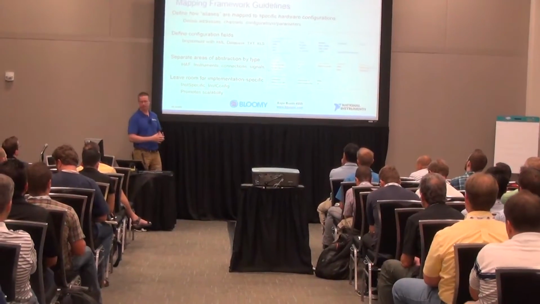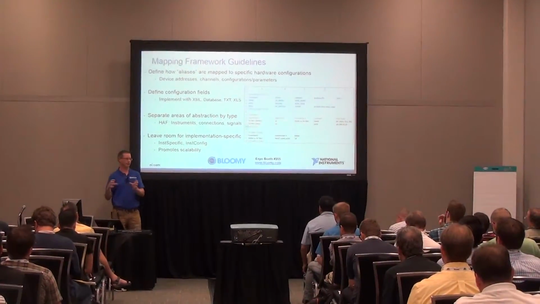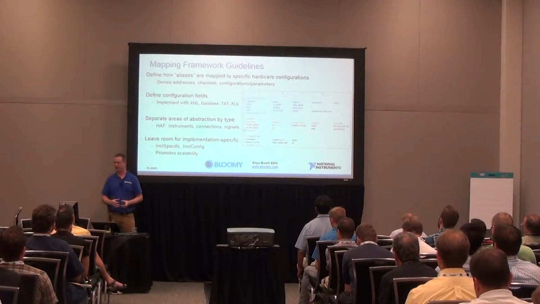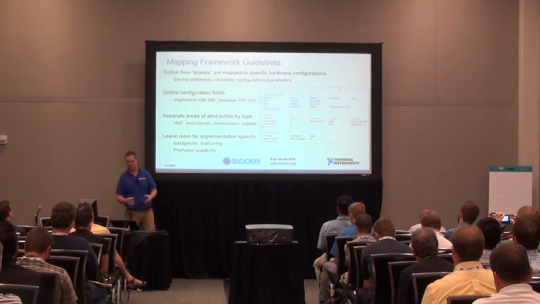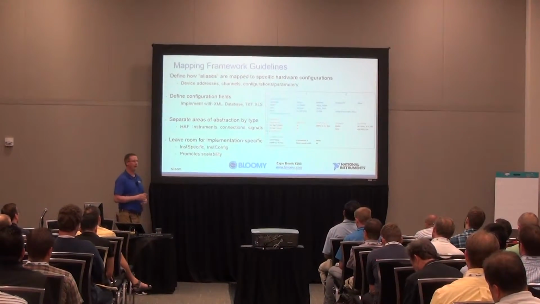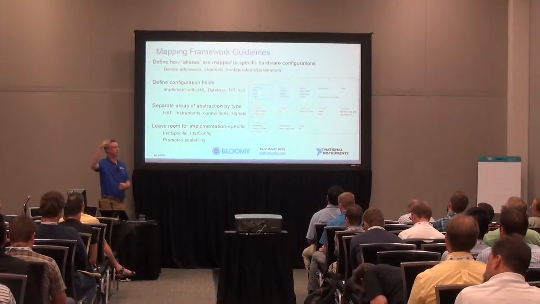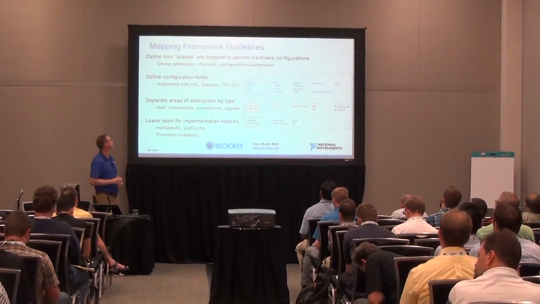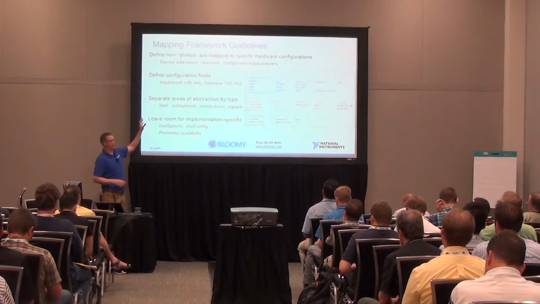So going down to the mapping framework, here's where you're really defining how your aliases, the names of your signals or your power supplies, get mapped to specific hardware. So really what we're talking about in terms of this mapping framework is the format and syntax of your configuration file and how you get that information to map up to your measurement layer and down to your hardware layer. So what we've done, you can define it in many different